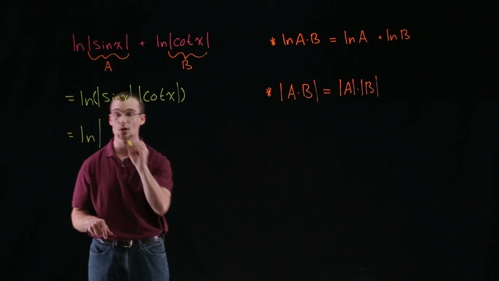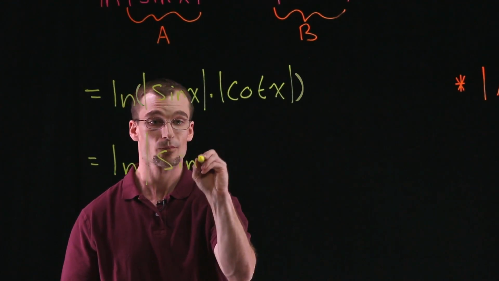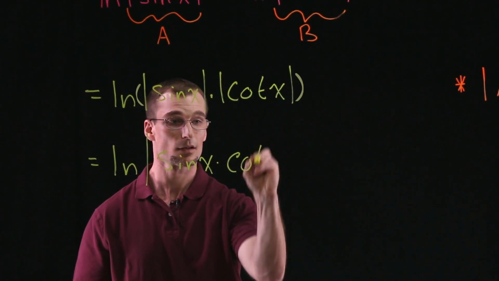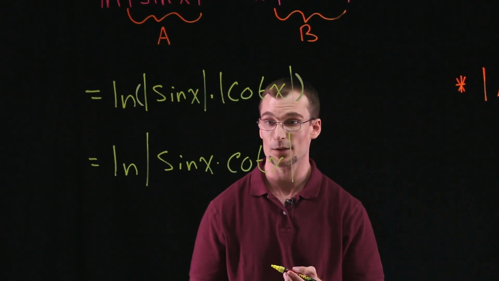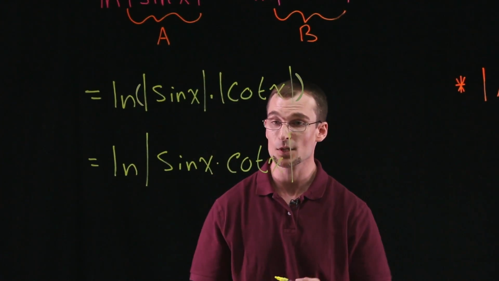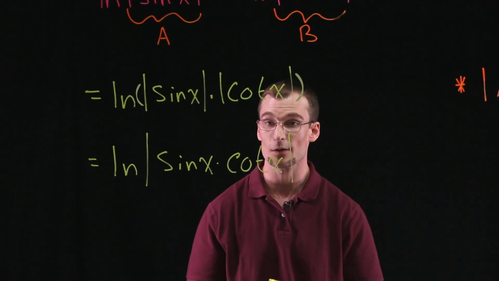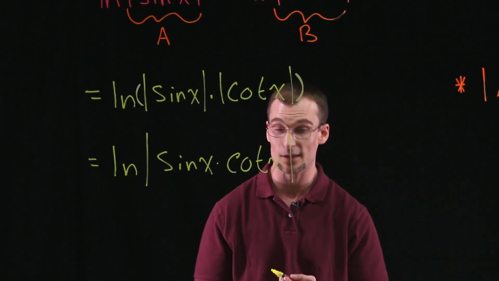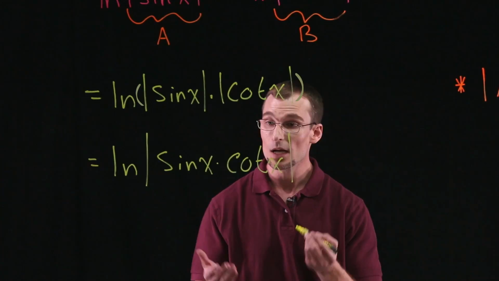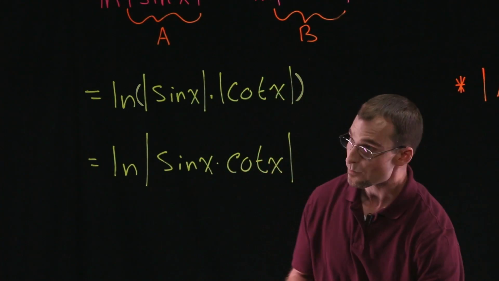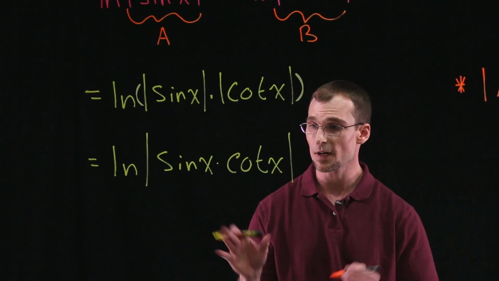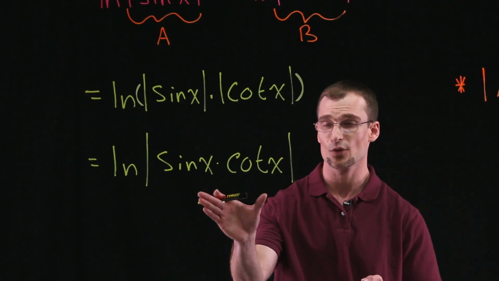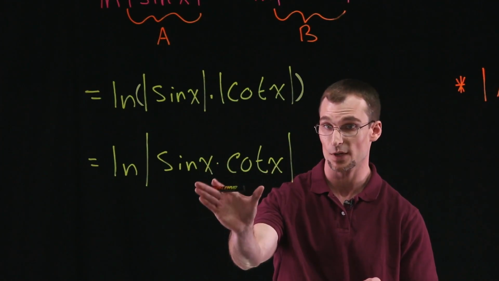So take this as the natural log of sine x times cotangent x inside absolute values. Now we have sine x times cotangent x, and we have something that we can work with our fundamental trig identities to try and simplify this a little bit further. So let's see what we can do. Well, we have sine x times cotangent x. Now a rule of thumb is when you're trying to use your fundamental trig identities and you have a product of trig expressions,